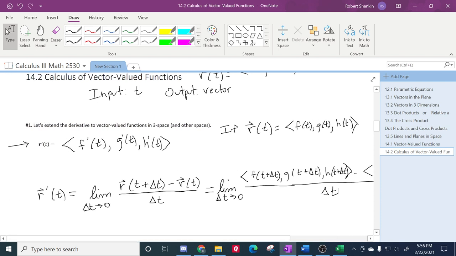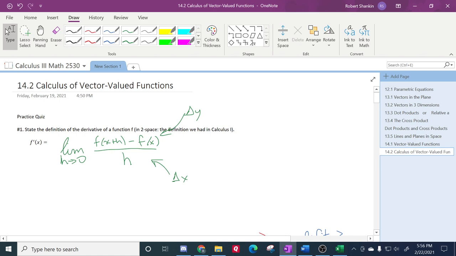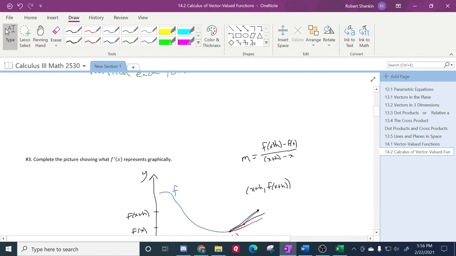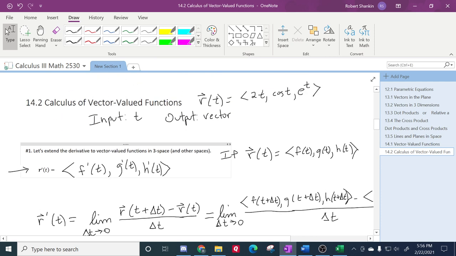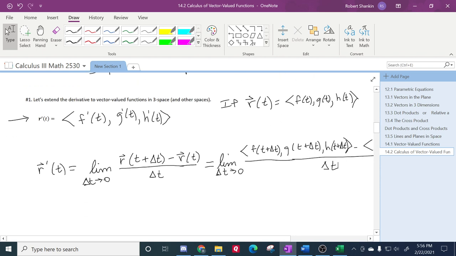I tend to think, when I see it in this second format though, it tends to bring me back to thinking this way, and thinking of these kind of visualizations graphically. And when I see this one, I tend to think of, oh, the derivative rules. The power rule and the quotient rule and stuff like this to take the derivatives. But either way we think of it, we're going to get the same thing. Okay,